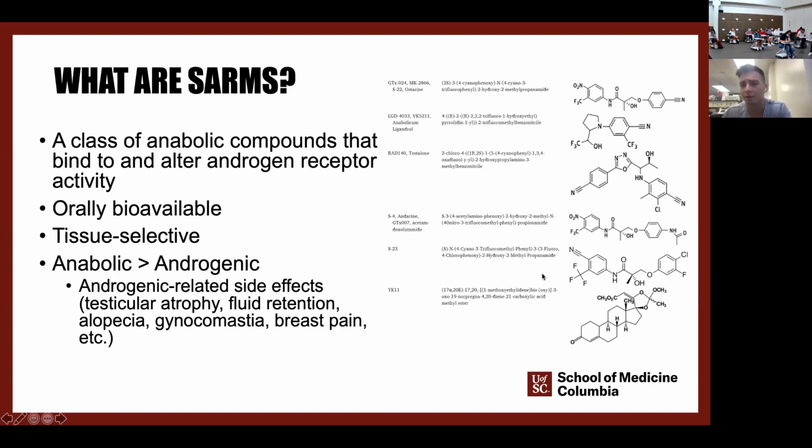So on the side here, I just want to mention too that we have a number of different types of SARMs. We have ones that are propanoic acid based, quinoline based, and a number of other bases that are all lumped under the same name of a SARM. So it's important to know that when we talk about SARMs, there are a number of different compounds, and they do have differential and specific effects that are unique to them.